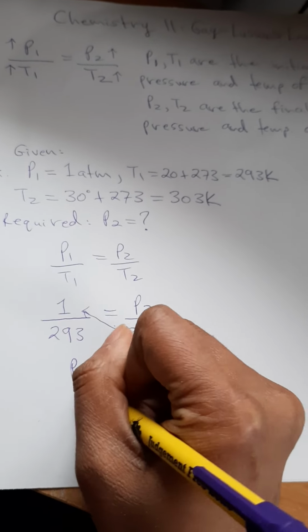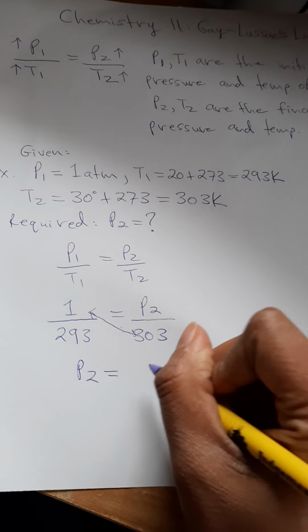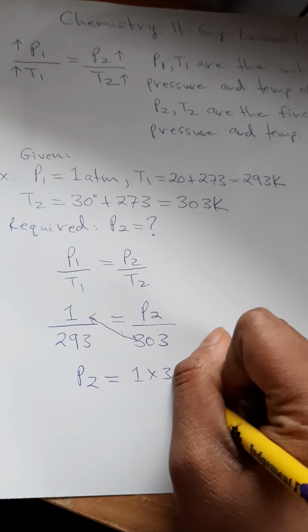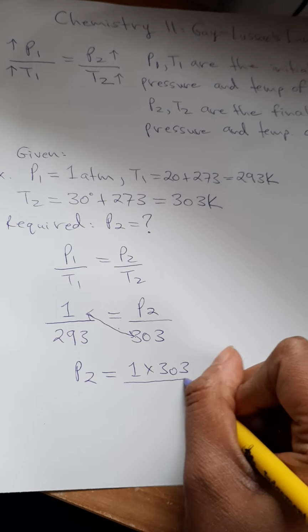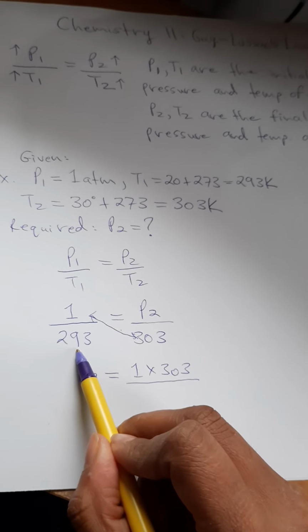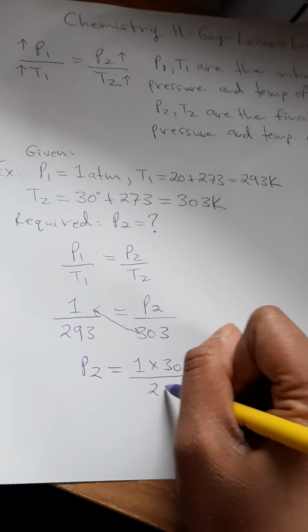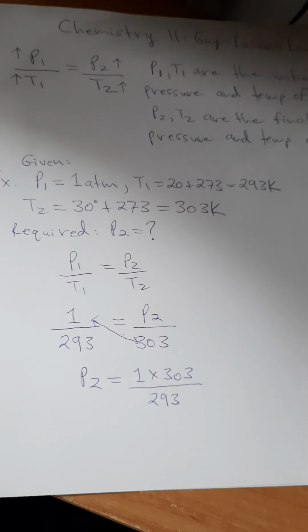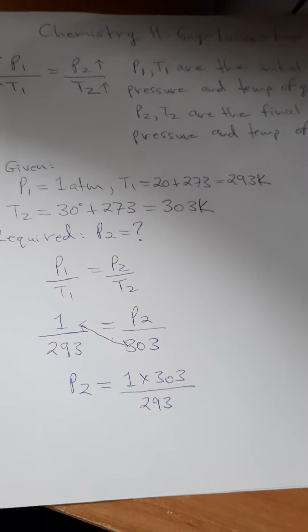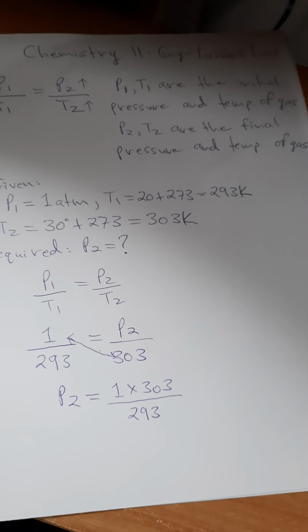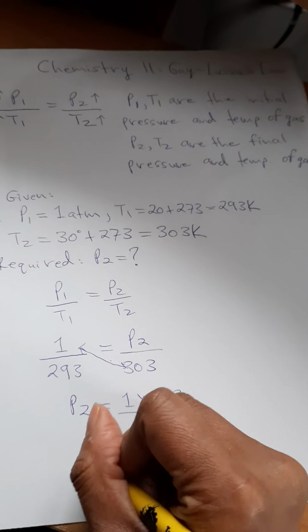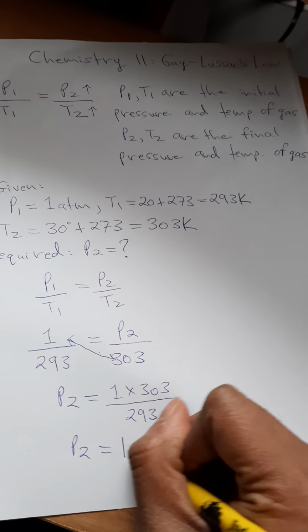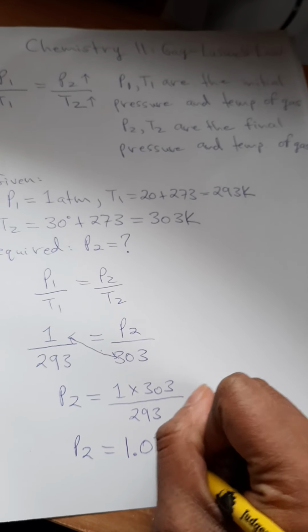The P2 value is going to be 1 times 303 divided by the third term, which is 293. We put it in our calculator and round it: 1.03